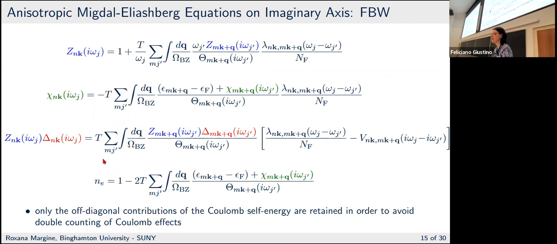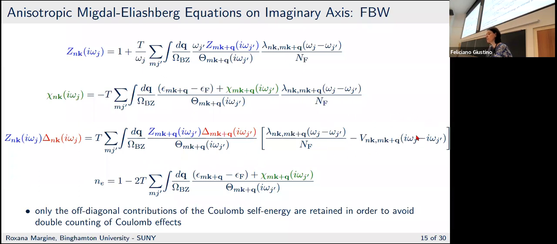So it means that the sums over the Matsubara frequencies, the primed sums here, need to extend to different cutoffs. For the electron-phonon interaction, the sum is on the scale of the phonon frequency, so this is of the order of milli-electron volts. But the sum over the Coulomb term is of the order of the plasma frequency, so this is on the order of electron volts. So that makes